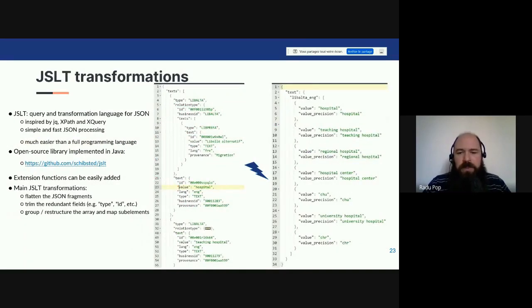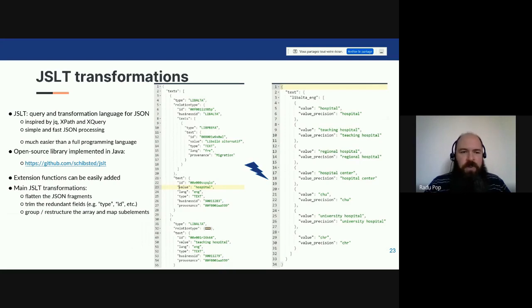These fragments needed some transformation in order to be prepared for the final Elasticsearch documents. In order to do that, we used a JSLT transformation, which is an open source library implemented in Java. It's a transformation language for JSON, inspired by JQ, XPath, and XQuery.